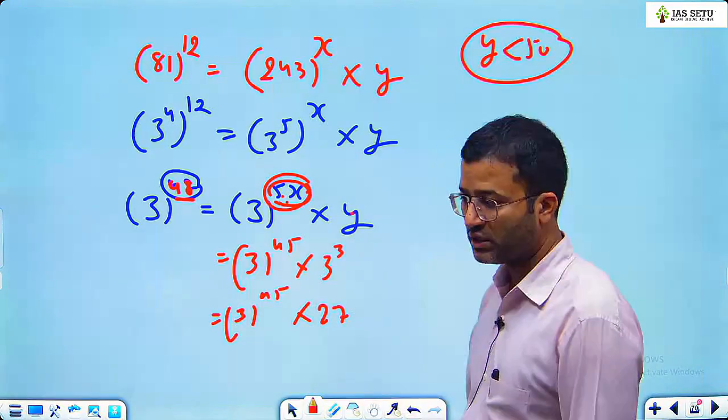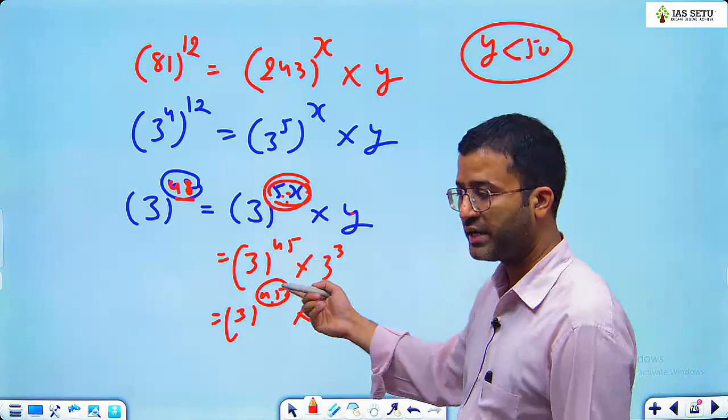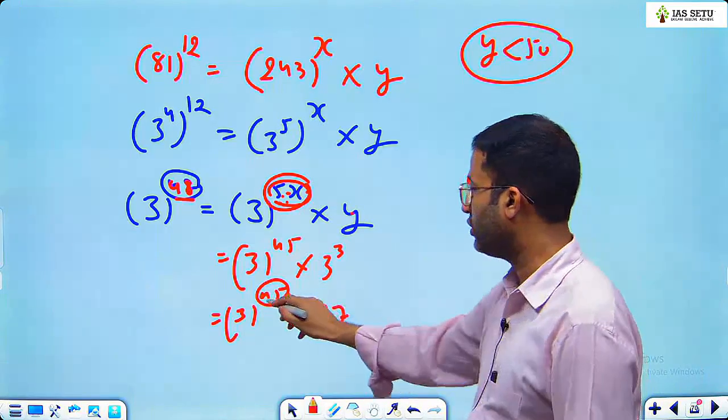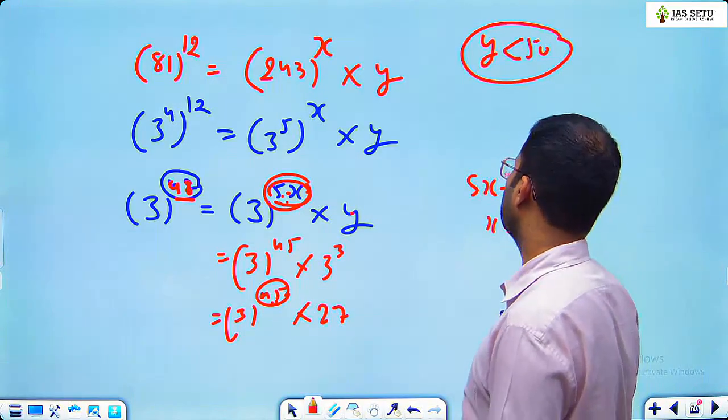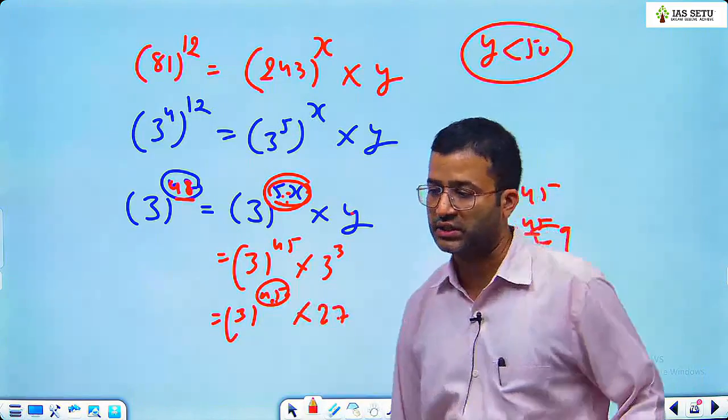तो 3 की पावर 45 एंड इंटू 27, तो y तो हो गया 27। अब ये 5x जो है 45 के बराबर है, तो x की वैल्यू क्या आ जाएगी? 9। तो x 9 है और y 27 है।